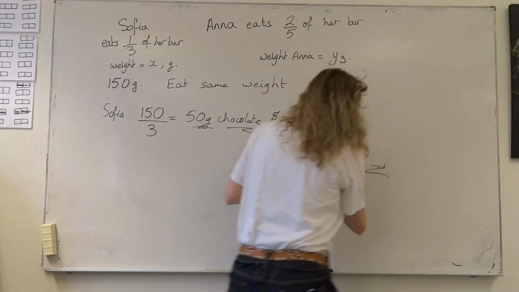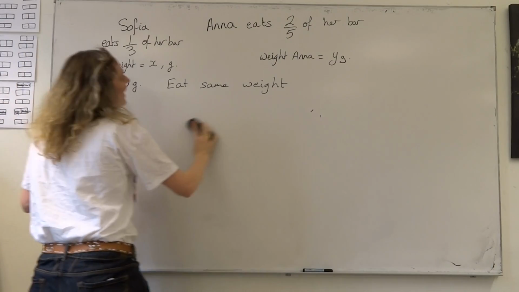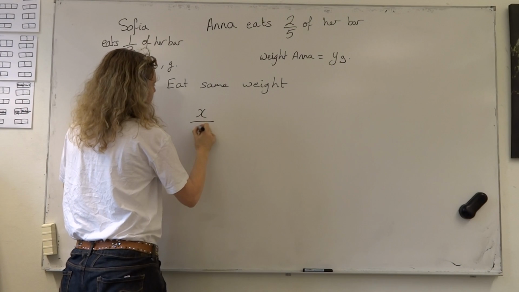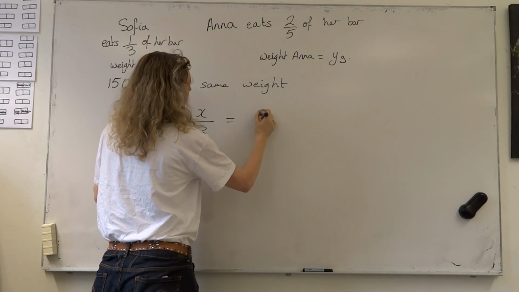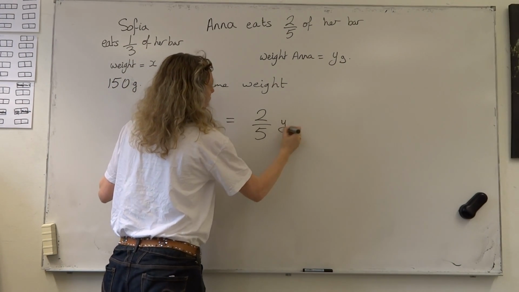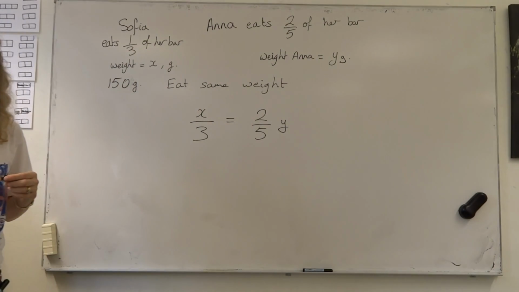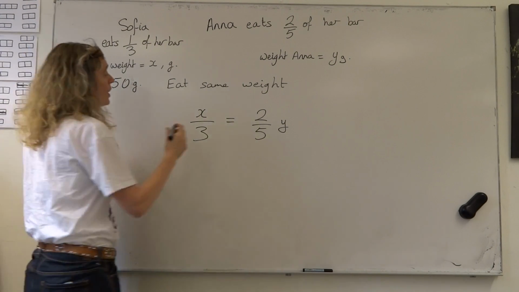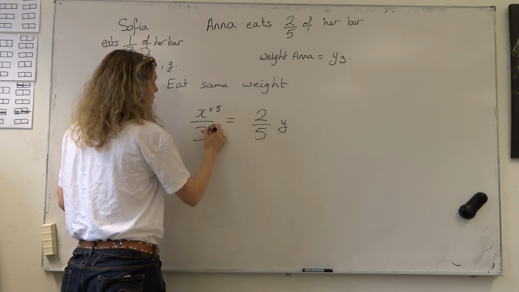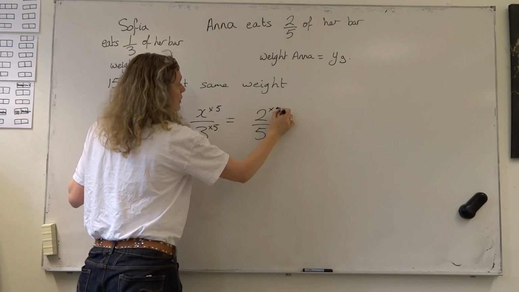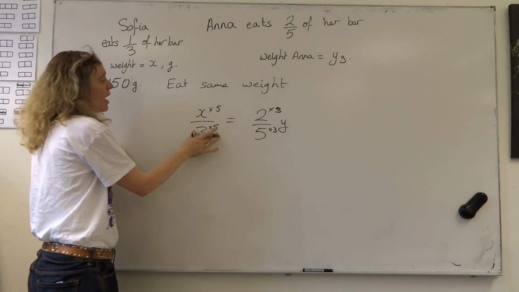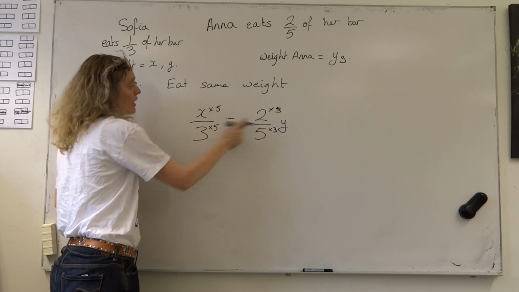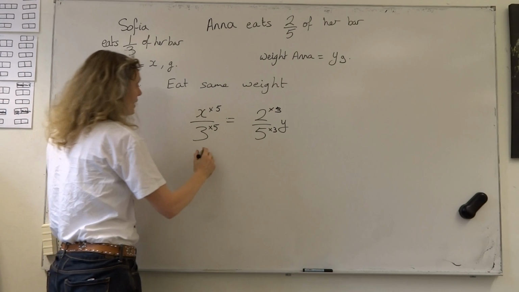Another way of doing that, because there's many ways to do this one, is to think that, okay, we know that x/3 has to equal 2/5 of y. Here we have two fractions that have different denominators. We can never compare fractions that have different denominators, so we have to change them to the same denominator. We multiply the x side by 5, the denominator down here, and the y side by 3, which is the denominator down here. We then get